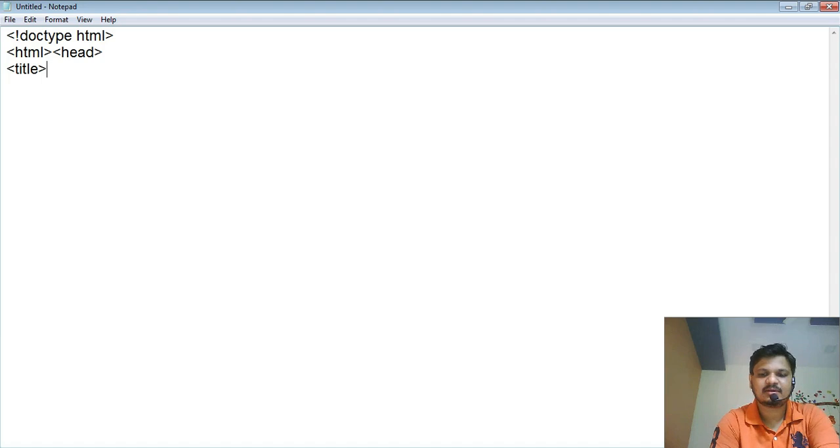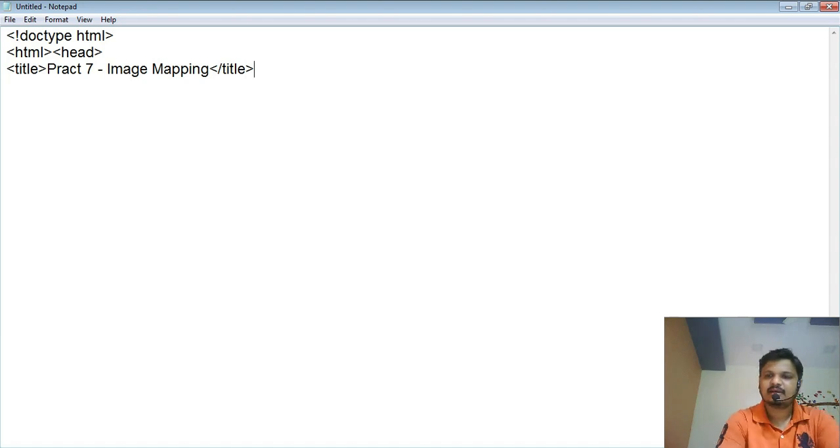You can put practical 7, related to image mapping, so write image mapping. Close title, then close head. Next tag is the body tag. After the body tag I'm going to add a specific heading. It's an image mapping program, so simply put image mapping.